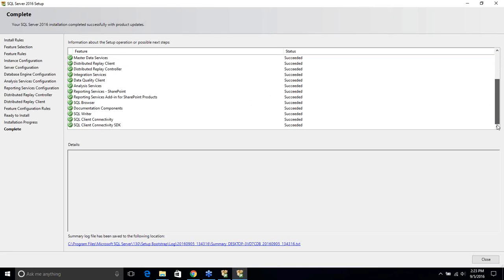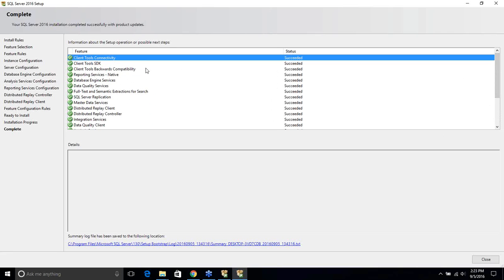I mean, we installed a lot of features. If you scroll down, you can see all of them are green. So the installation is successful. That is wonderful. So if you look here, in case one of the features has an installation issue,